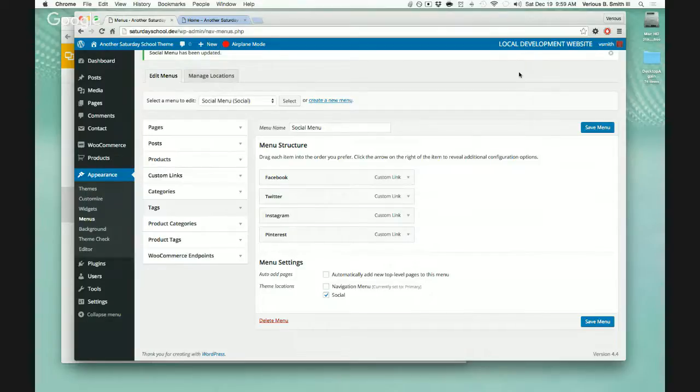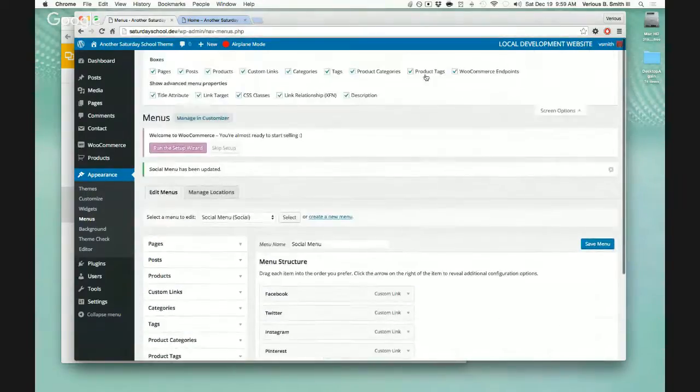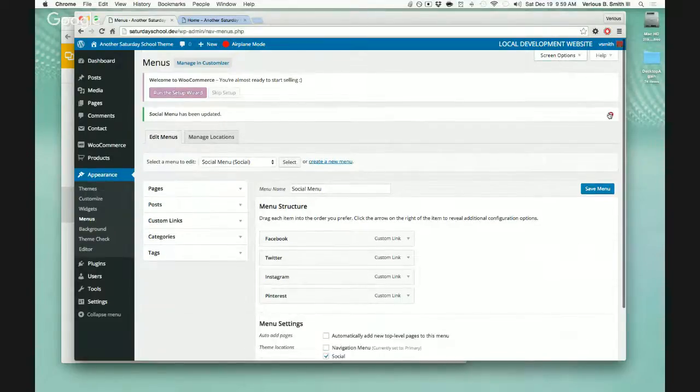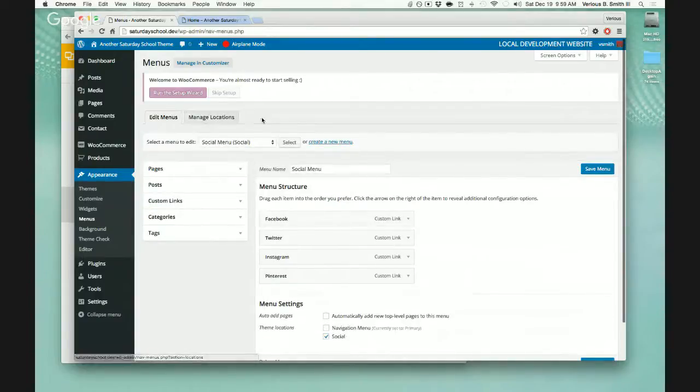And you can turn those off with screen options up here. If I didn't want to see anything from WooCommerce, I could turn them off up here at the very top underneath screen options. And now I only have my most basic options for menu available. So there we have it. And once I have the menu that I want set up, I need to always save my menu. And if I don't save the menu,